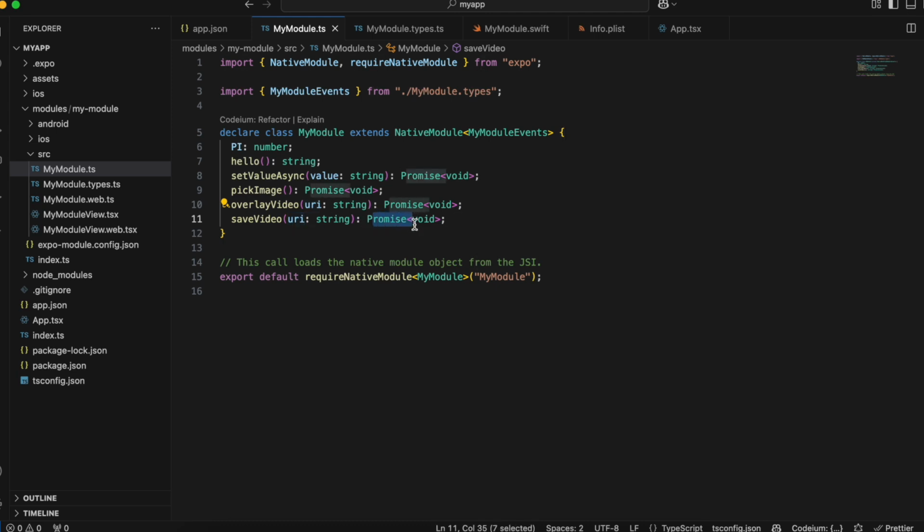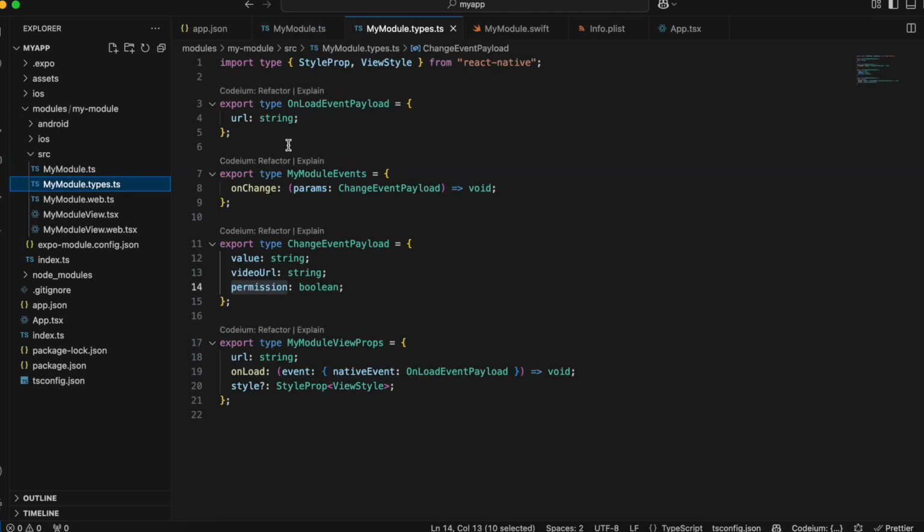Okay, now we need to return some data from this particular method. Here you can see I'm using promise void, right? So what I have observed is that whenever a method has a promise, we can use the event handler. So if you go to my modules.types.ts, here you can see this change event payload is already created when we create a module,